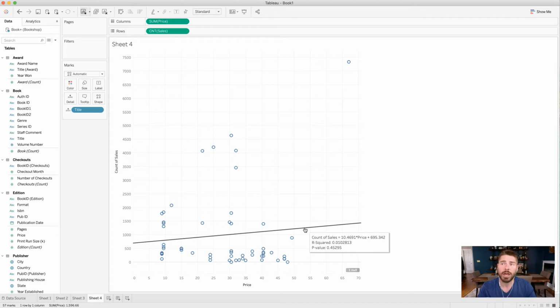So if you remember from statistics, the p-value represents how likely it would be to observe data like this if there were actually no relationship between the two things you were trying to relate. In this case, price and the sales count. So what this is saying is we would expect to see data like this, or more extreme, 45% of the time, if in fact there were no relationship between price and count. What this is saying in a nutshell is that it's entirely likely that this data is just random, that there's actually no linear relationship between the input and the output, the price and the demand. So there's no reason to believe that this line is meaningful, in other words,